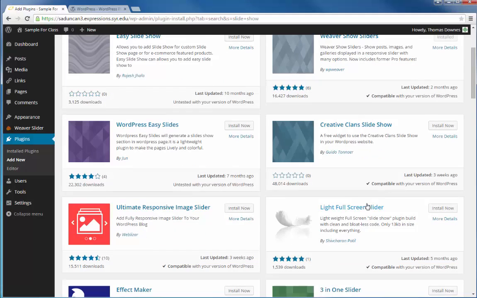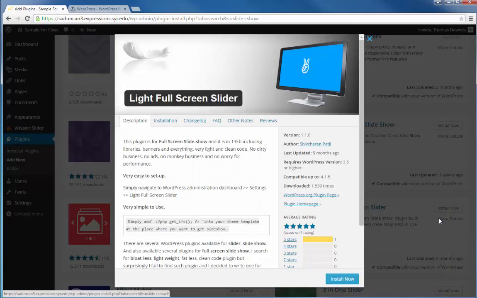But for example, I can look down and pay attention to the ratings. I like this one already, or I like this one with positive stars showing me that it's been rated rather highly as compared to some other ones. So you may want to pay attention to the ratings. You also can read about them to see what they do. You can always click the More Details button with any plugin, and you'll go out to their short page from their web that tells you all about what it does, how to install it. It might even give you screenshots, what you need to do. You can install it from this page if you're sure you want it right here, but I'm going to take